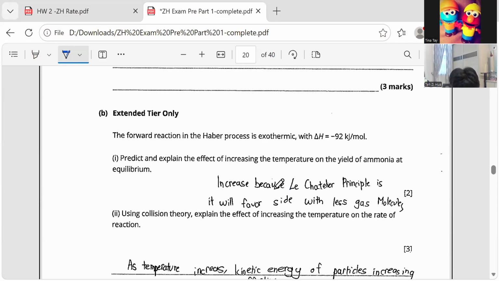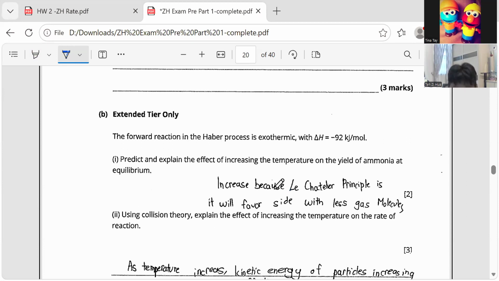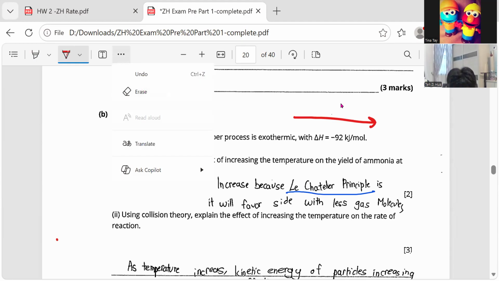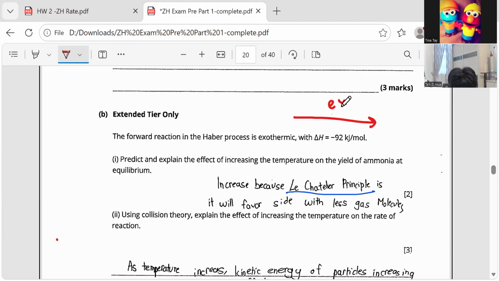Alright. Okay. ZiHua, the Le Chatelier's principle is correct, but it's not in your syllabus. Okay? So you cannot answer like this. So how do you answer? Predict the effect of increasing the temperature. So if it goes here, if this one is exo,